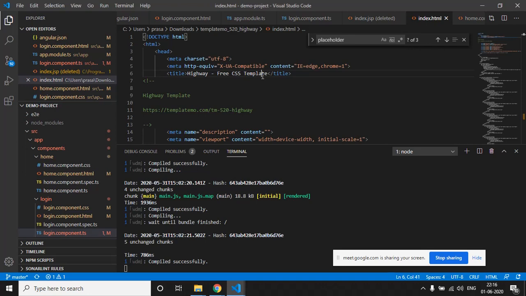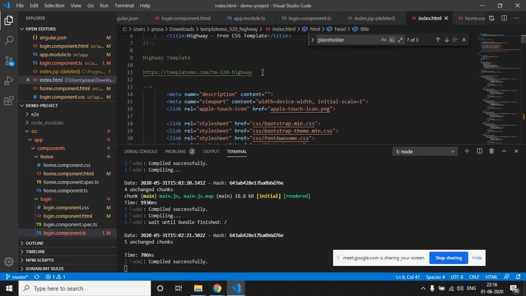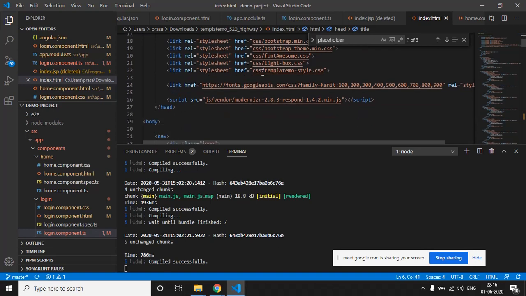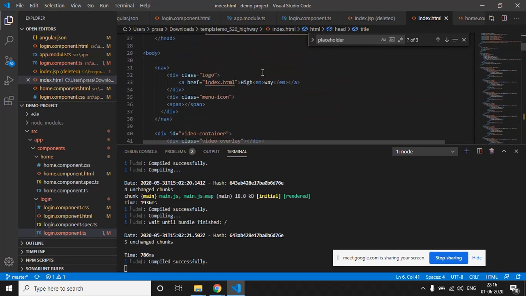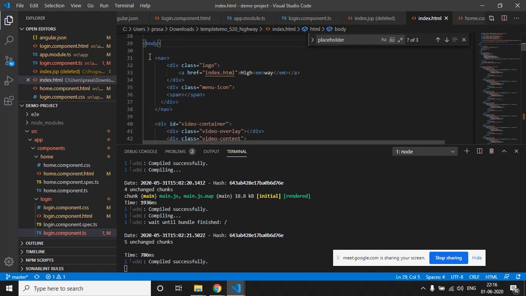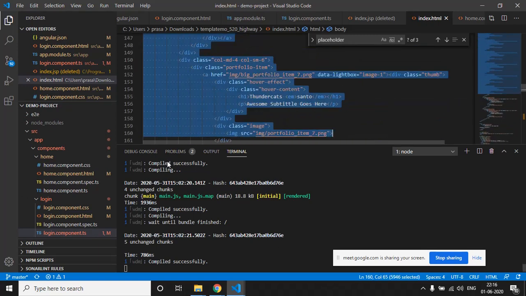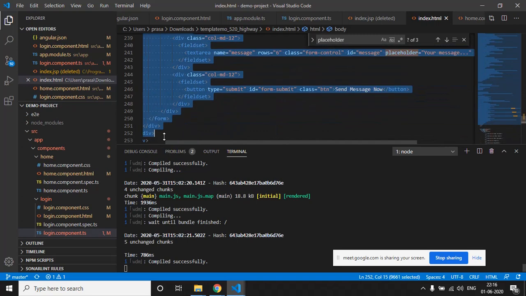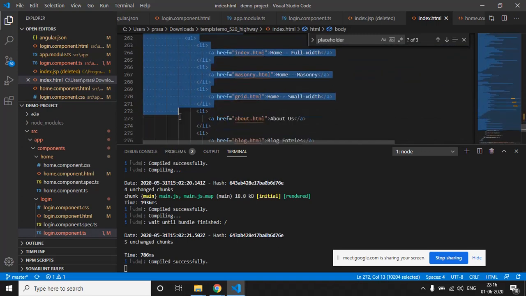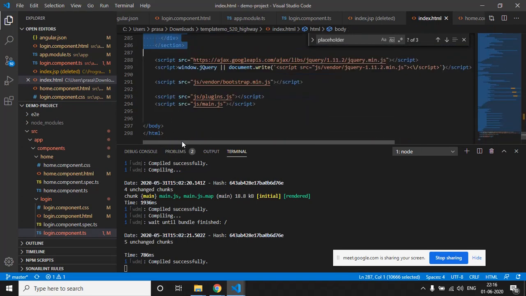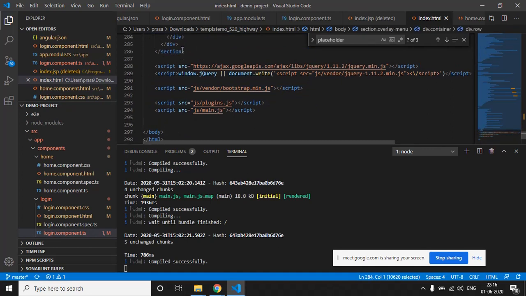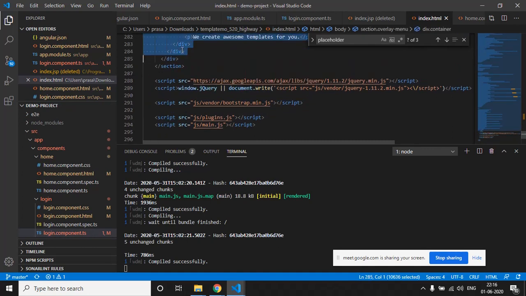We have to copy all the content present in this body tag, and paste all the contents inside it into our home component because we need to display this page in our home tag.